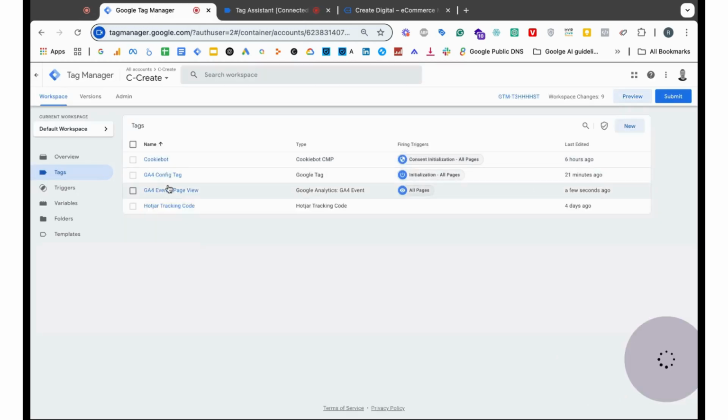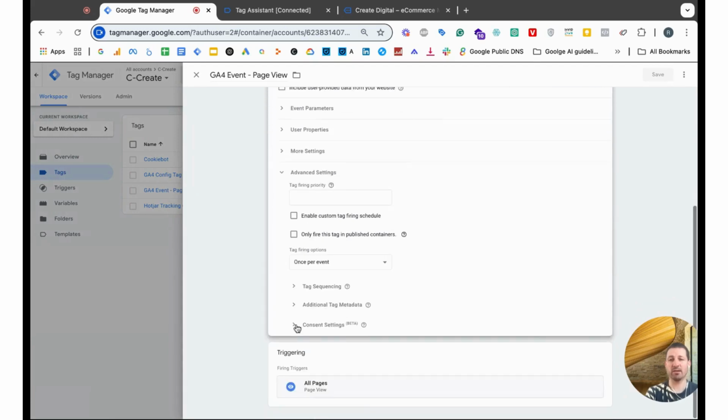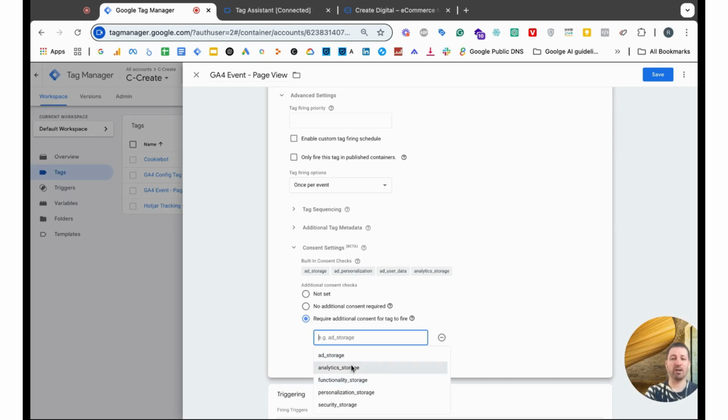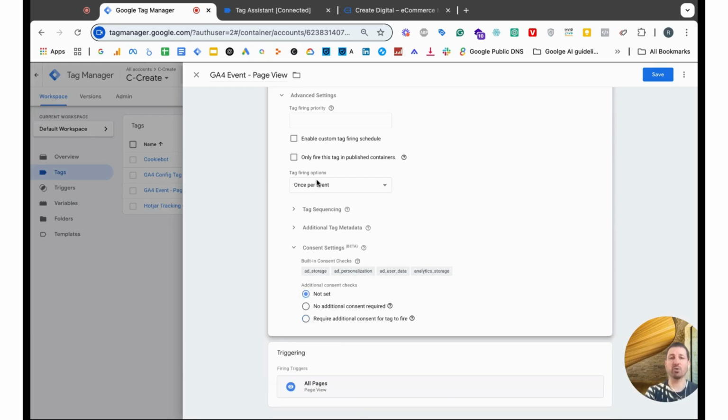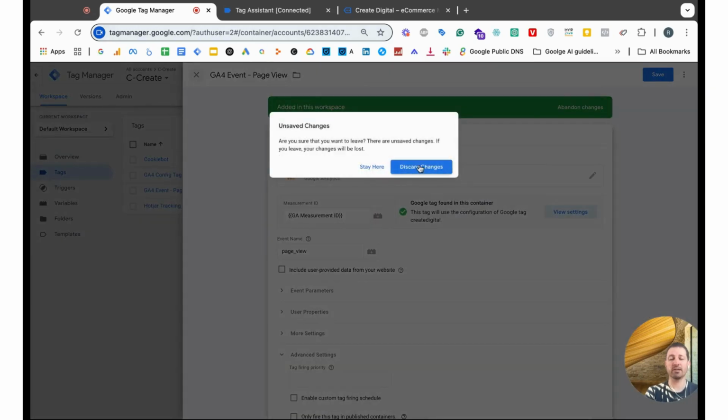And if we look into the GA4 event page view settings, the advanced settings and the built-in consent, as you can see, we would require marketing and analytics consent to actually provide user data as well, like specific user data, not only cookieless pings, right? So we're not blocking any cookieless pings. Of course, we could do that if we added, for example, analytics storage here, but this is not what we are doing now. That's not the focus of this video. So let's go out of this, discard the changes,